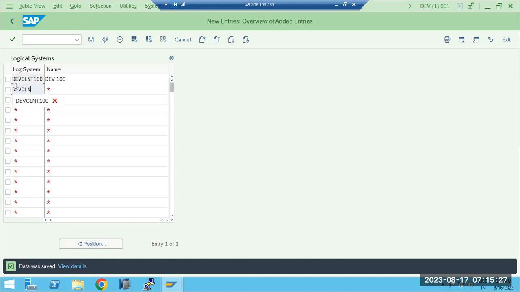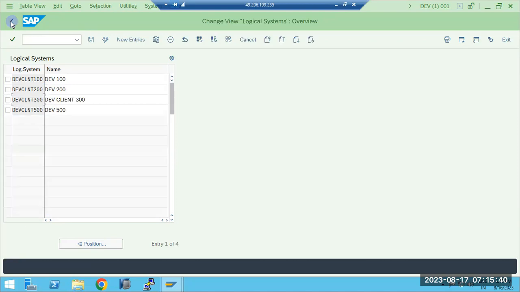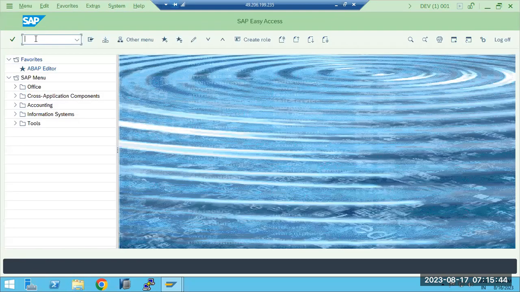Like that, you can create n number of logical systems, in order. For example, dev, and for the description you can put 200, anything. Data was saved here. So this is the way we have to create the logical systems. Once you create the logical systems, go to